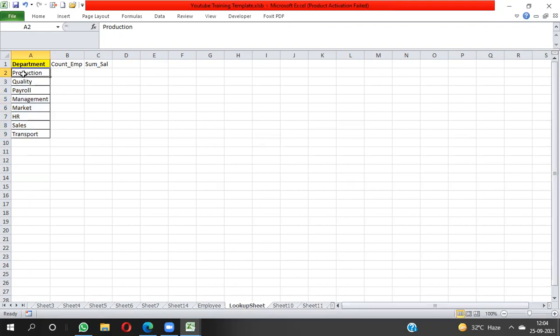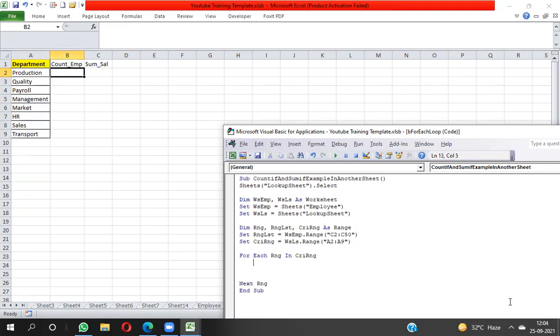Then from this rng value, I have to move one column right, so I use rng.Offset(0, 1) equal to the worksheet function COUNTIF. In the criteria range, I take the variable rngLst, which is C2 to C50.